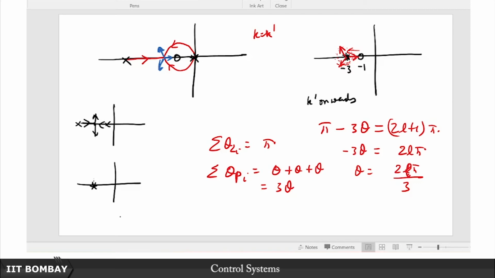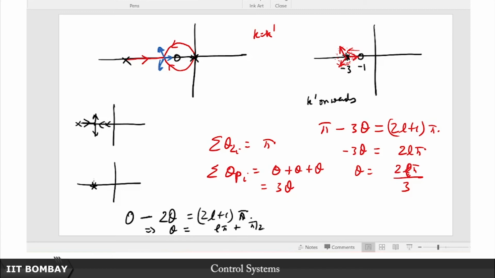The summation of the zeros is 0, so 0 minus 2 theta in this case is equal to (2l plus 1) pi. So in this case it is (2l plus 1) pi. If you take it in this fashion, theta is equal to, of course you divide by 2, so it is L pi